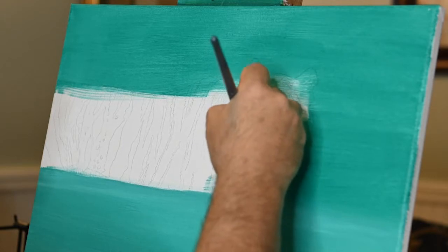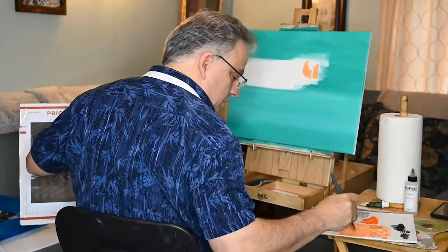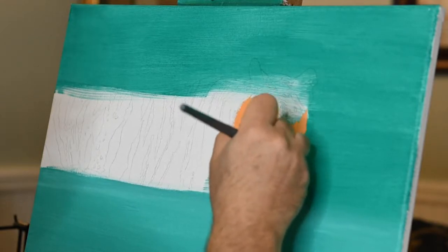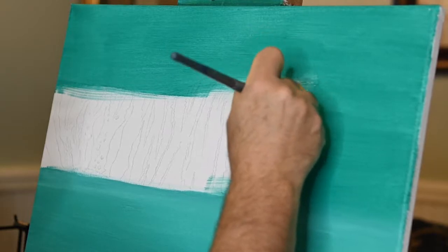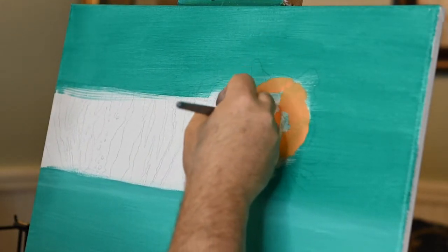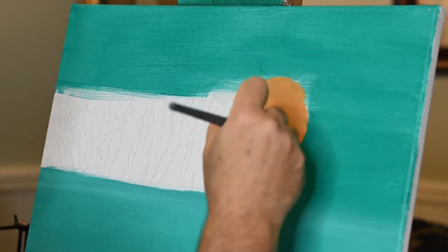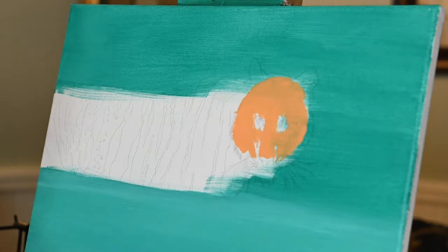And then there are going to be other colors that go on top of that, to see where they go. So we're just going to bring in the shape of the animal's face. We want to just blotch it in. It looks like a big orange ball right now, but it doesn't have to be perfect. We're just filling it in. So you know where the two eyes are, and you can see through the colors still, because the paint is so thin, you can